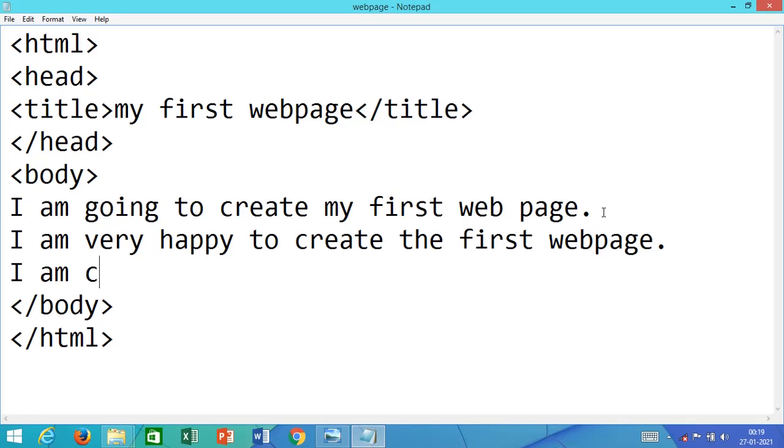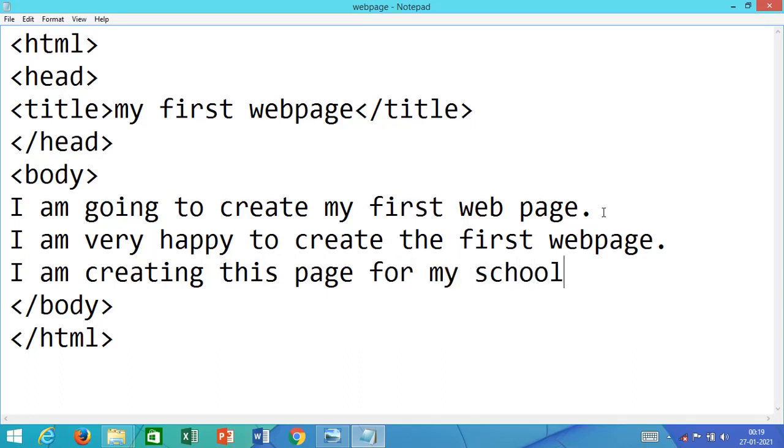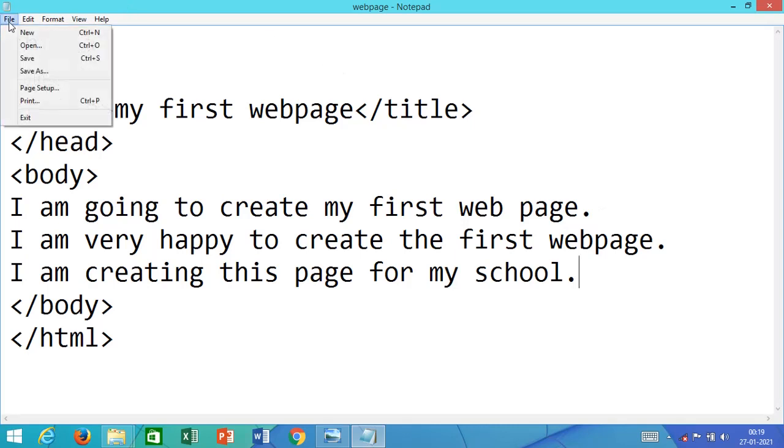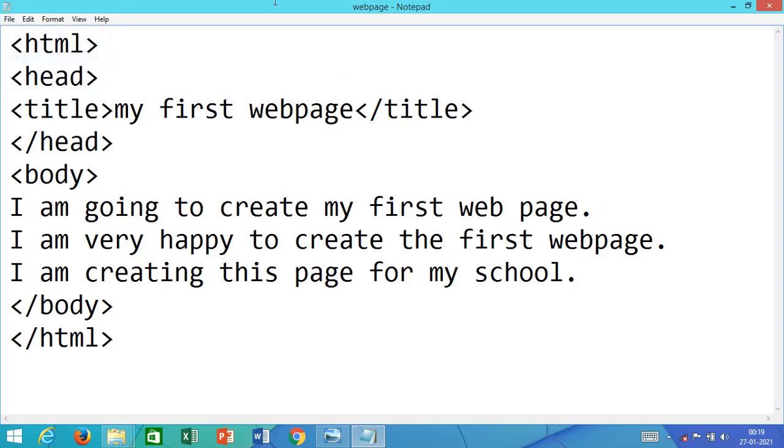I am creating this page for my school. Suppose these two lines I added. Now what I need to do? Just go to File and click on Save. That's all. And close this program.